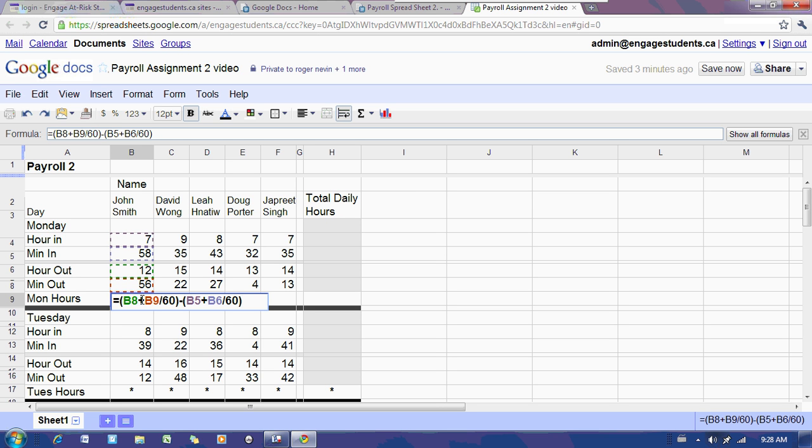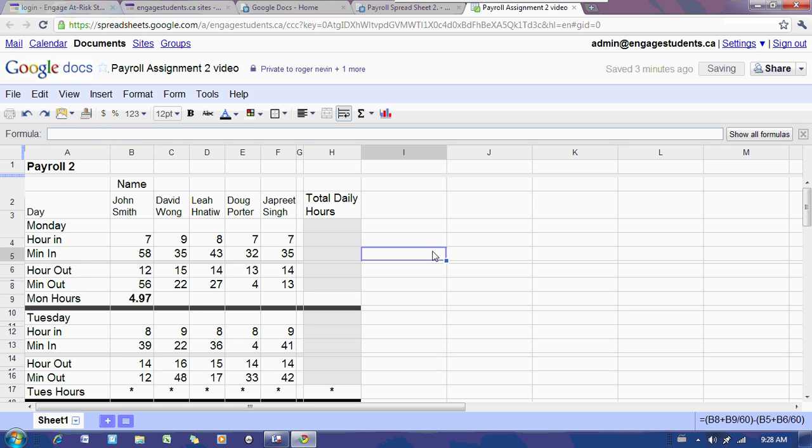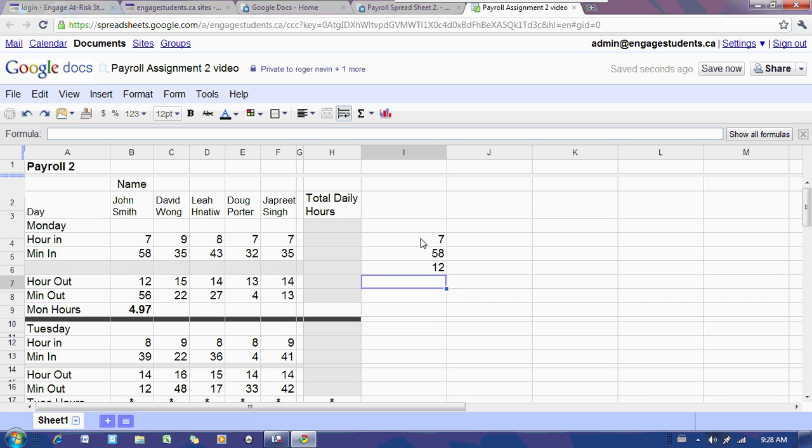Basically, the idea is to get the out hours and the out minutes as a decimal, and then you subtract the in hours and the in minutes also as a decimal. So I'll do the calculation by hand on the side. So he comes in at 7 o'clock, and he leaves at 7:58. So he's there 58 more minutes. He then leaves at 12 p.m. and 56 minutes. So the calculation would be